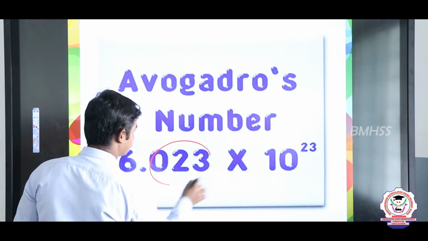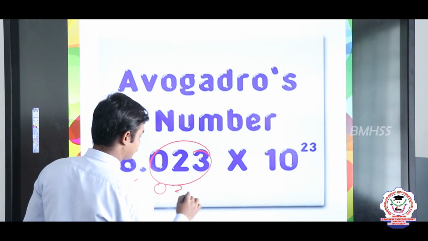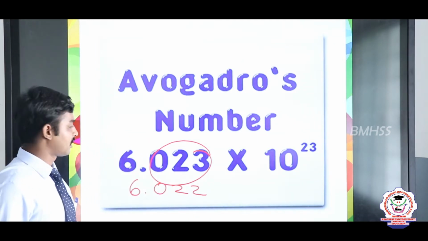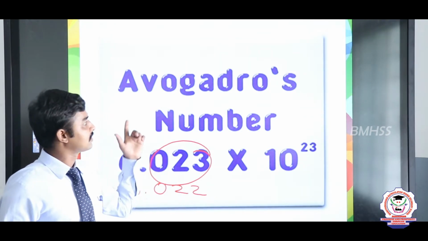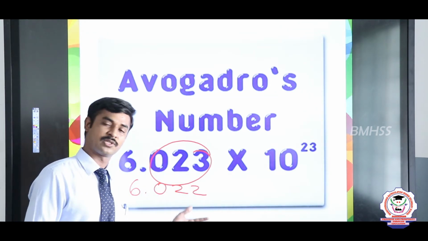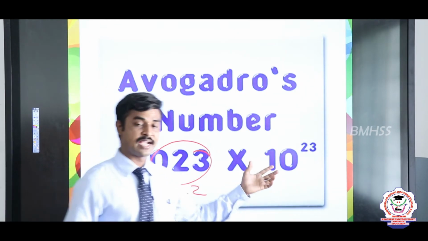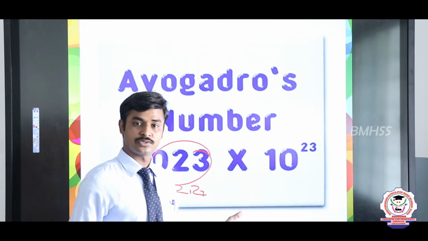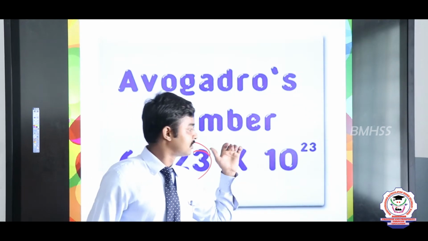The rounded value of Avogadro's number may be 6.023 or 6.022. The rounded value may differ, but when a 1 mark question is asked in 11th chemistry, you can select 6.023 or 6.022. Both are approximately the same. In the options, they can give 10 to the power 23, 24, or 22, but the right answer is 10 to the power 23. Okay.